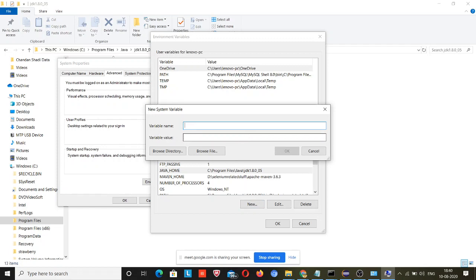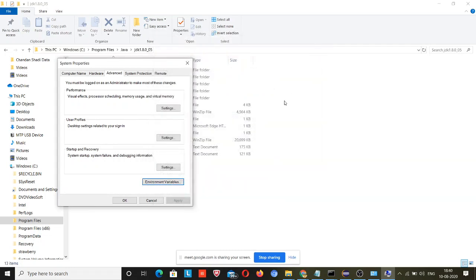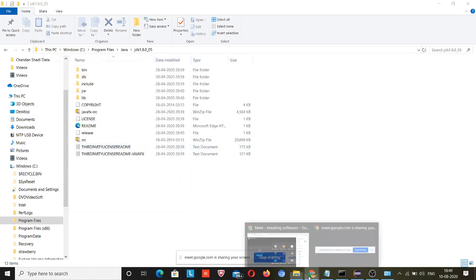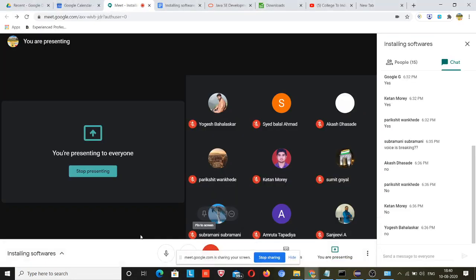So these are the three basic settings I will ask everybody to do, in case you face any problem. You have to copy the path till Java and JDK, you don't need to click on the bin and library folders. So these three settings you have to tell your system, so that your system may know where your Java is actually installed.